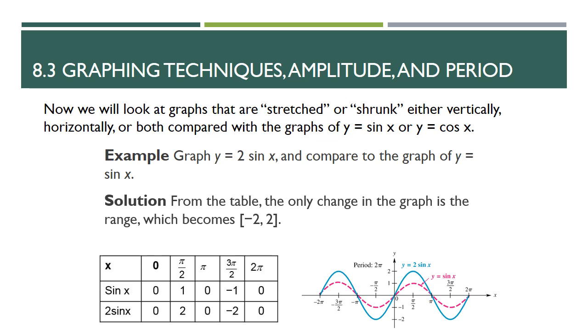Okay, so really you just needed to graph it, and looking at the two, both on the table and on the graph, it's pretty clear that the only change is the range. The x-intercepts have stayed the same, the period has stayed the same, it's just that our low point is now -2 instead of -1, and our high point is now 2 instead of 1. And this really shouldn't surprise us at all, because a number out in front of the function, like the 2, is going to stretch it vertically. So it's not affecting the zeros, but it is affecting the